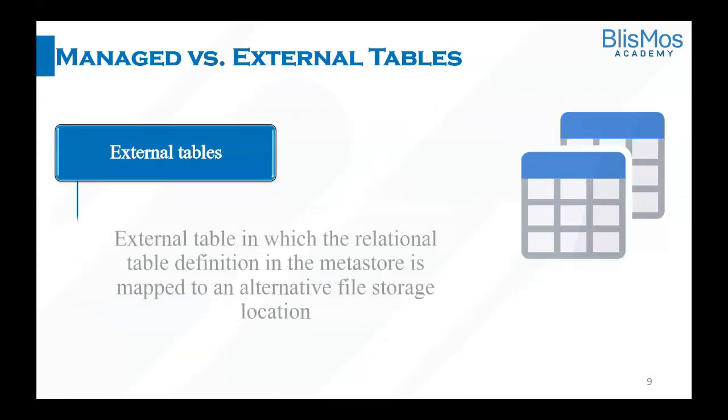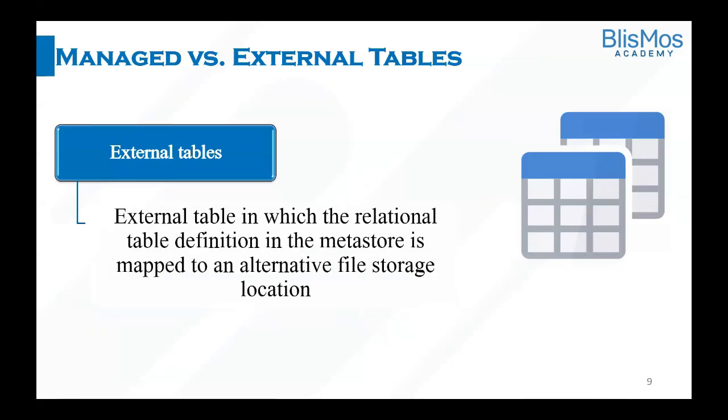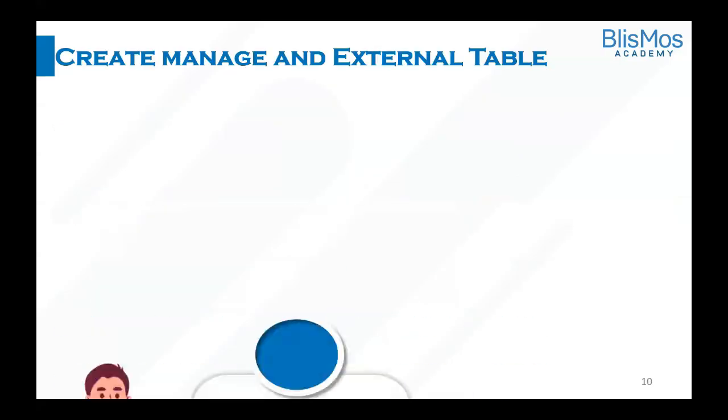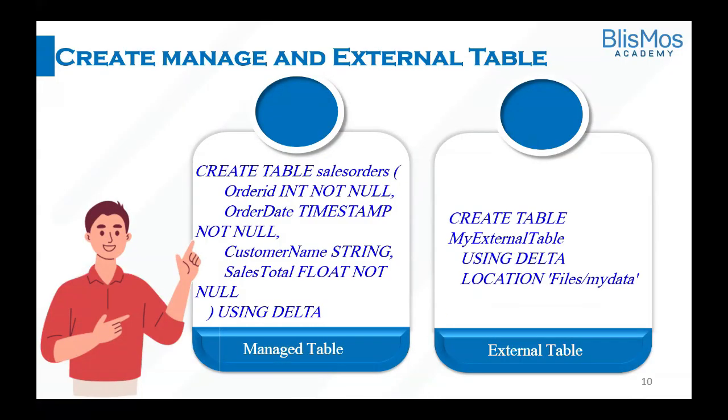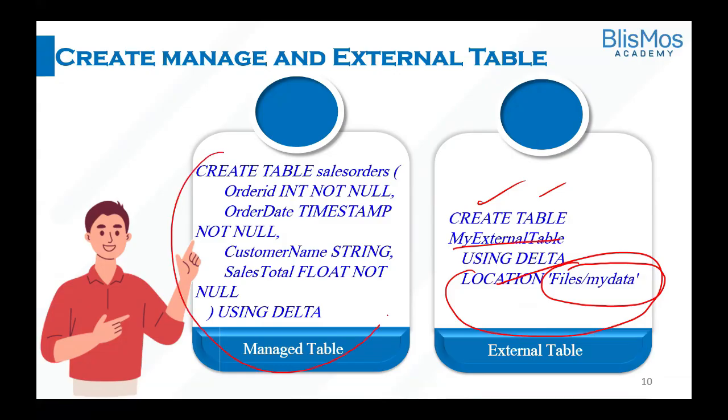Okay. Now, on the other hand, when you go to the external tables, the data is outside the Lakehouse. Means you can see I'm giving a location. I'll say create table my external table using delta location. I'll provide the location in case of external table. But in case of managed table, I am not doing that because by default it will take the Lakehouse wherever created. So when I delete the table in a managed table, it will delete both the schema